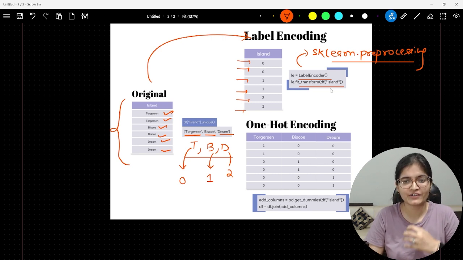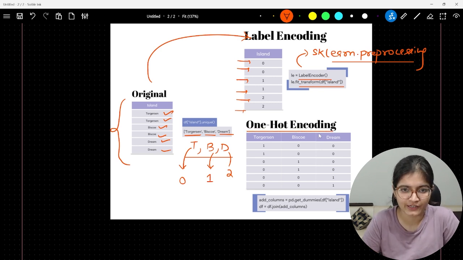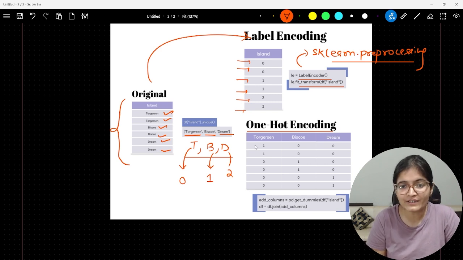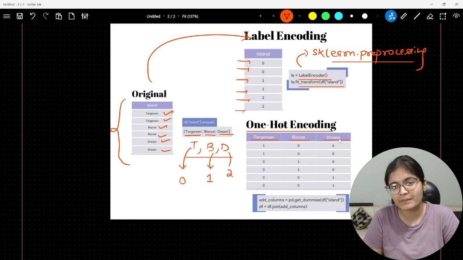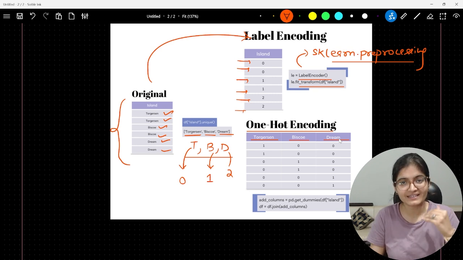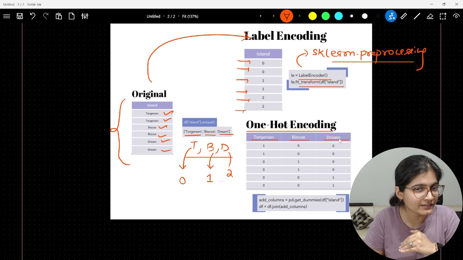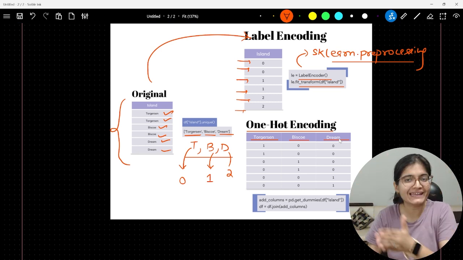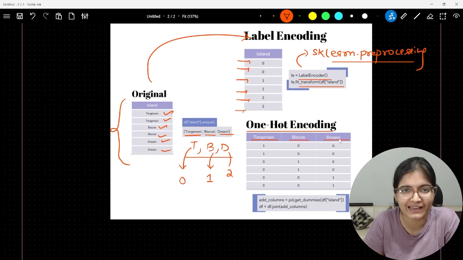Now, moving ahead with respect to one-hot encoding. What is happening in this specific scenario? Let's say we have 3 values, it will try to create 3 separate columns for that. So always remember, whenever you apply one-hot encoding, it will see how many unique categories there are, and corresponding to every unique category, new columns will be created.